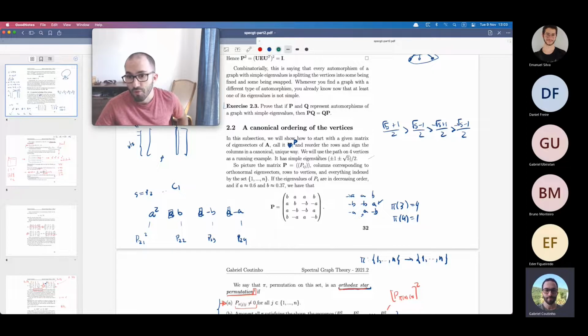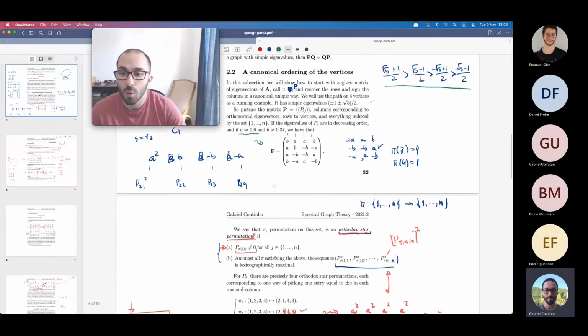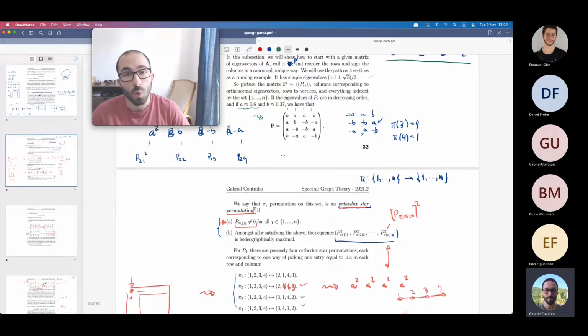So in the case of P4, which was the running example of last class, we had the eigenvalues up here, and each one of those corresponded to each one of these columns, as long as A is roughly 0.6, B is roughly 0.37. And then the first thing that we did was to recognize that there are ways of selecting one entry in each row and column so that all of these entries are non-zero. And amongst all such ways, we pick those for which the sequence of squares starting from the first column to the last was